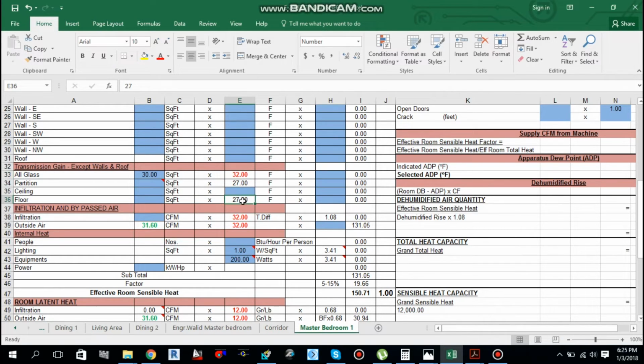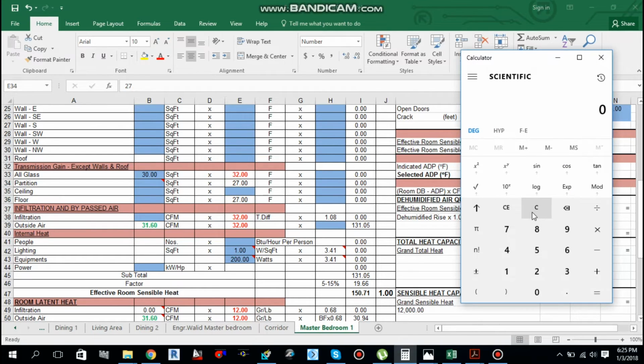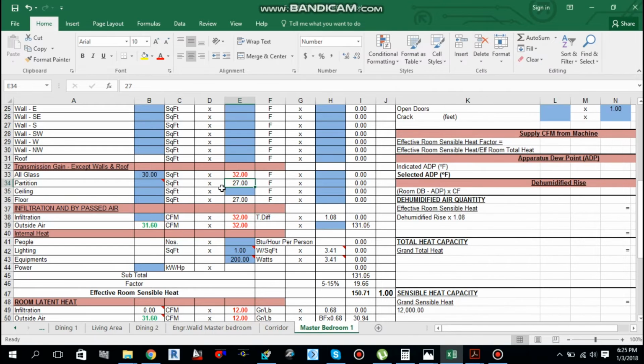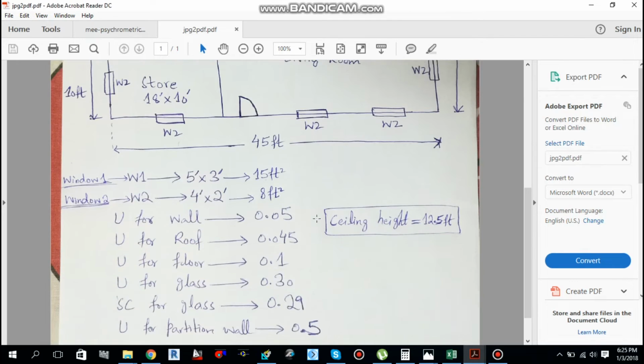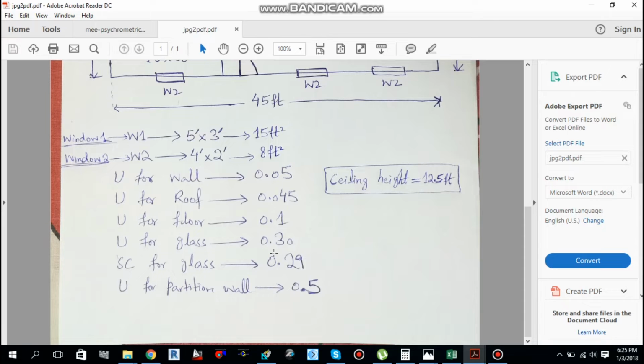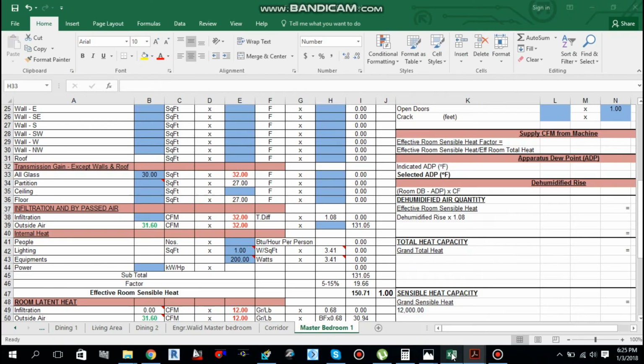But for glass we have to say 107 outside DBT minus 75 inside design temperature is 32. It's a glass transmission load, so we have to use 32 degrees Fahrenheit. Okay, and glass U value, as we already know, that is 0.30, so we can use 0.30 over here.